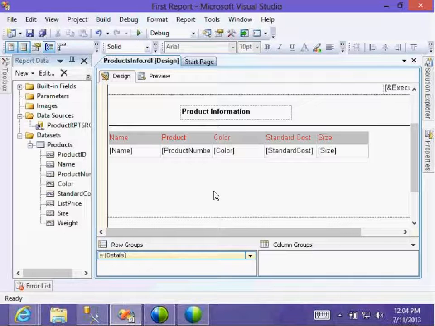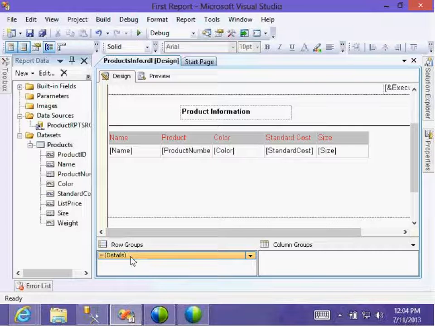These are details. What I want to do is create one group. Okay? I want to create a group. How can it be a row group? If you want to create a row group, or a column group, automatically the details are there in the row group. Means what? The result. Automatically, the default group is the row group. Now, select details.